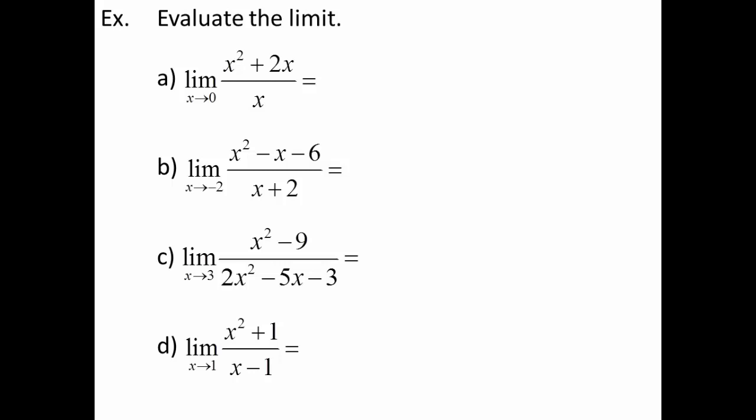All right, looking at the first one, the limit as x approaches 0 of x squared plus 2x over x. Now again, I said the first step should always be direct substitution. Hopefully you tried direct substitution first. Now when I try direct substitution, plug in 0 to the top, plug in 0 to the bottom, I get 0 over 0, our indeterminate form. Now, of course, if you skip that direct substitution and just went straight to factoring, you're going to get the right answer anyway, but please always start by direct substitution.